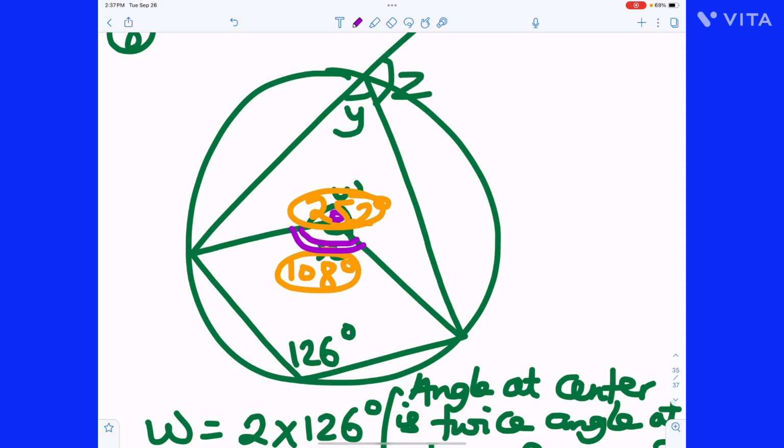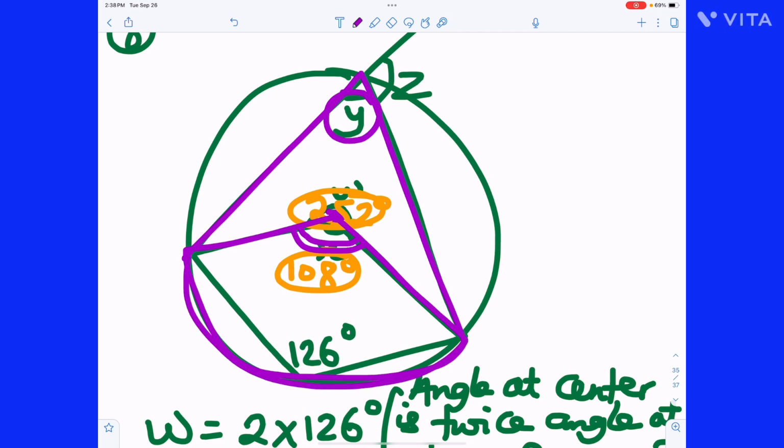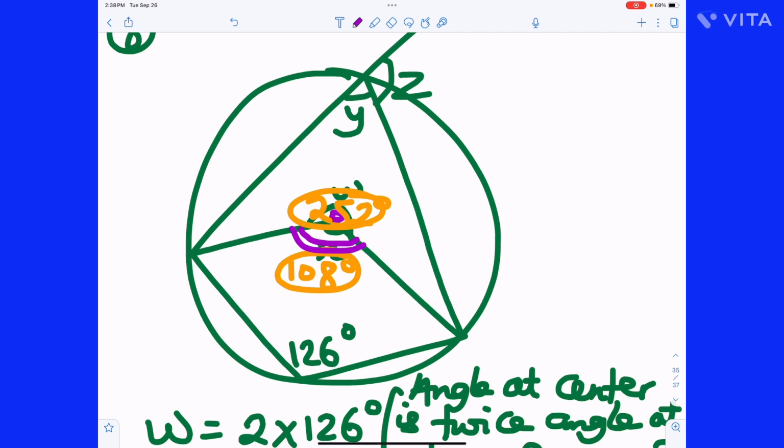The angle here is 2y. Angle at center is twice angle at any point on the circumference. Can you see the way I drew those lines? Can you see? This arc